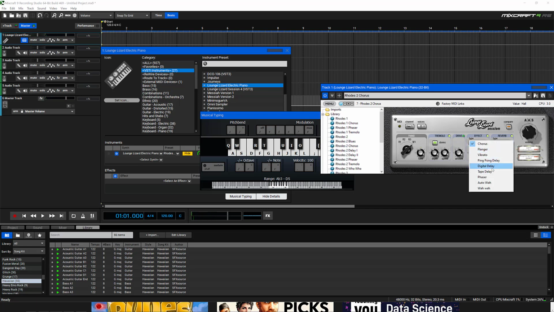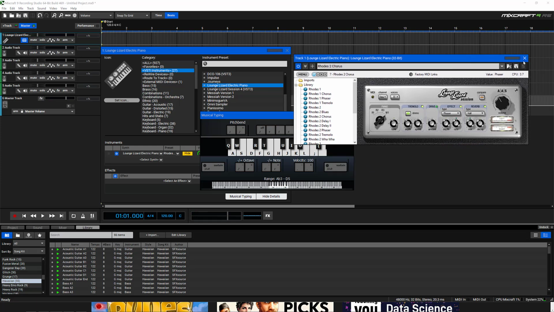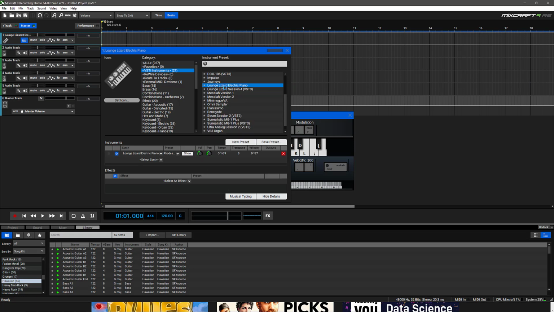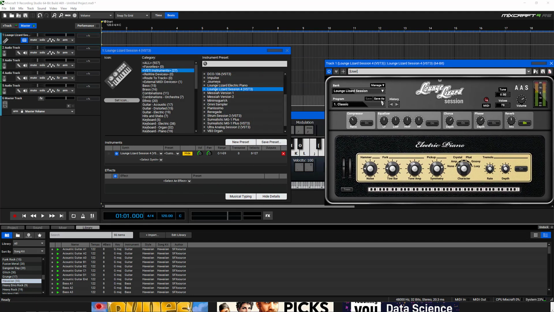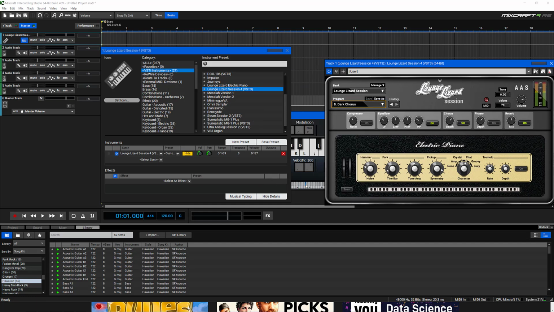So if you need an electric piano, that is what Lounge Lizard is all about. So that is the one plugin in this particular case. Next up, we have Sessions 4. I think I double click. Yeah, there we go. This one has a number of presets going on here, so we can go like there,